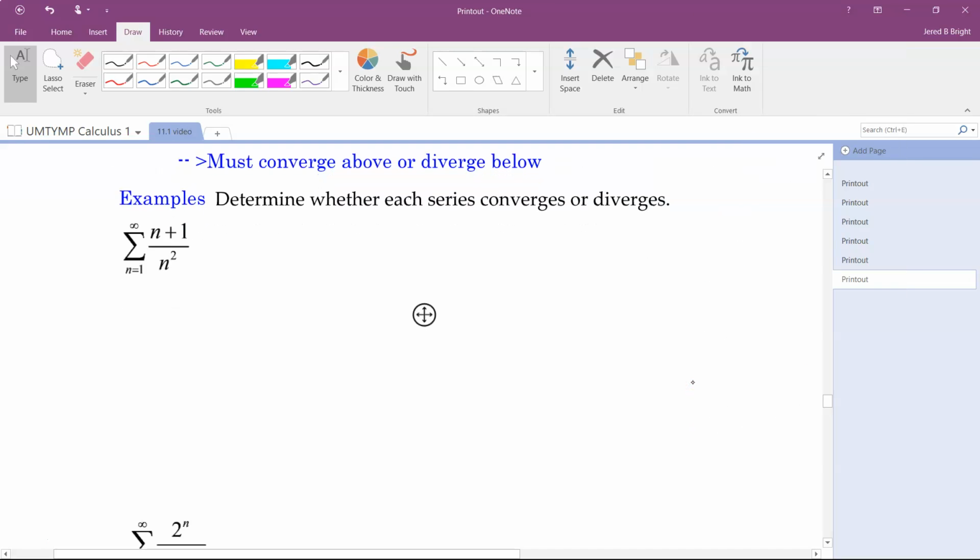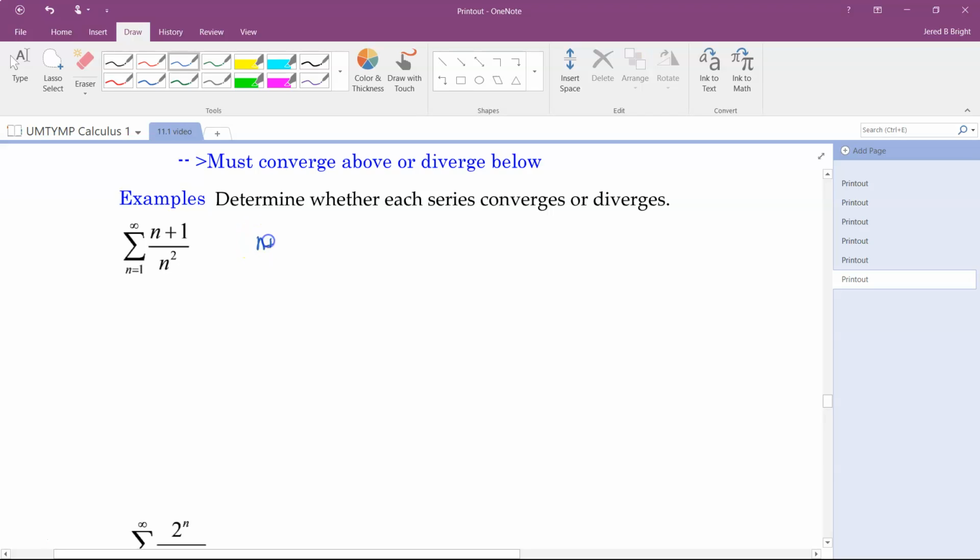Now, with the comparison test, the trick is to sit and stare at it for a long time and think to yourself, what's your natural intuition? Do you think it's going to converge or diverge? You might have to play with numbers, that sort of thing. And again, remember, we're not just looking at a sequence, we're looking at the series, so it's a sum. Is the sum going to converge? After a while, you say, okay, I'm just going to try some things. With comparison, we need to use a string of inequalities,